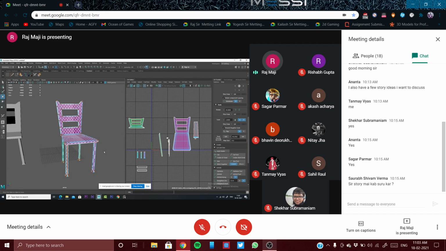But if you know the UV unwrapping, then what will happen? Automatically you can come back to the UVs, and you will check the checker boxes to see if everything is correct. And if it is not, then you can tell your supervisor, see, the UVs are incorrect, so please take the model to the UV department. Then life can be a little bit easier. That is the reason you should learn each and everything, though you are specializing in one subject.